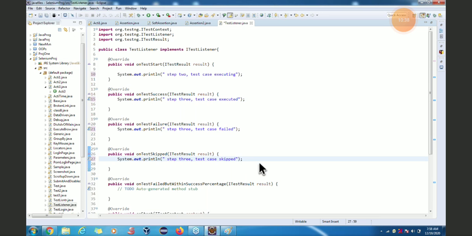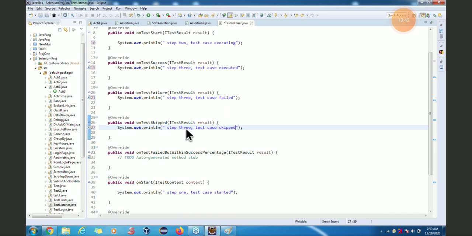Now after this, which method might execute? I am giving the implementation, guys. Here I am giving the implementation. Okay, nothing else. Tell me which method is going to execute after this? On test failure but successful. Okay. So